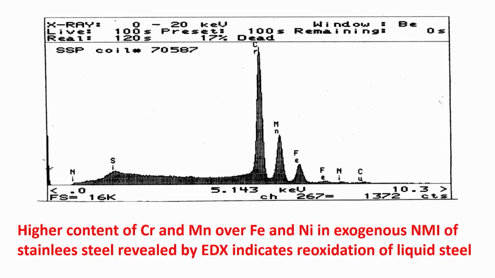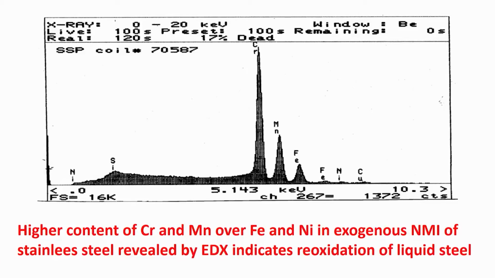defect. How does it look in a scanning electron microscope, and what will the EDX peak tell us? Here you see there was a defect, we are now looking at the defect area. So, what is happening? Which peak is highest here? Incidentally, though it is stainless steel, and iron is the main element in any steel, compared to the iron peak you find chromium is very, very strong, and manganese is relatively strong compared to iron.